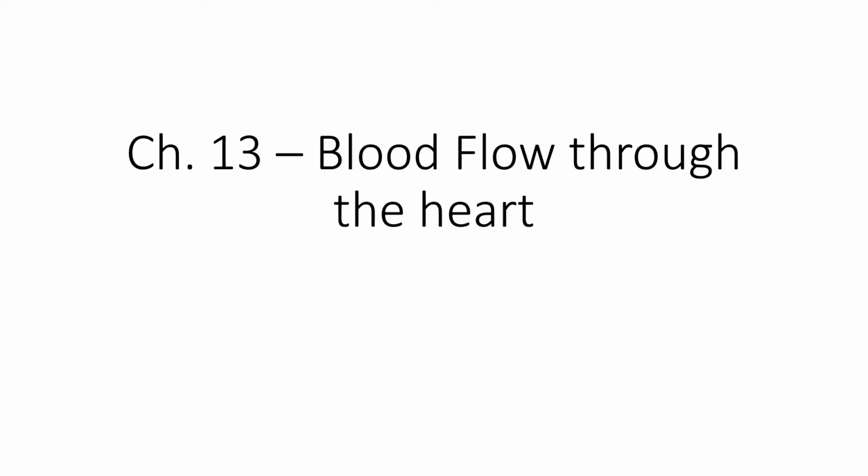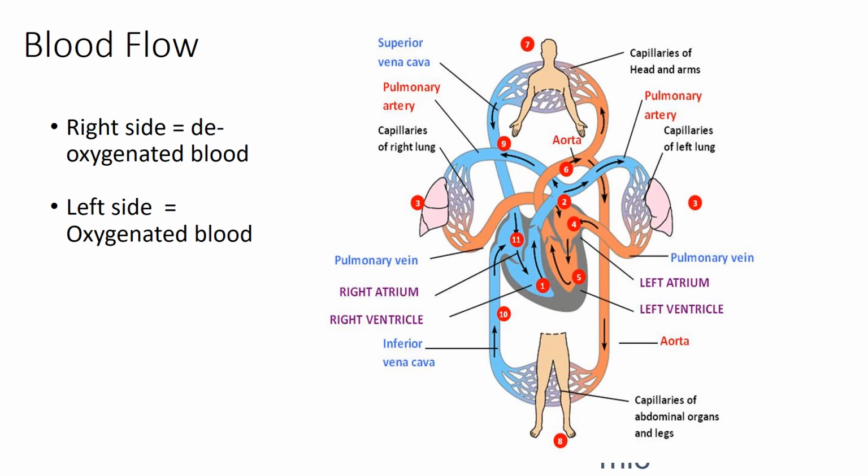All right, so now let's continue on and look at blood flow through the heart. When we look at blood flow, we have to remember that the right side is going to be deoxygenated blood, and the left side is going to be oxygenated blood. Here we have our left side. Again, the left side is oxygenated, and the right side is deoxygenated. If we start at number 1, we have blood that goes from the right ventricle,